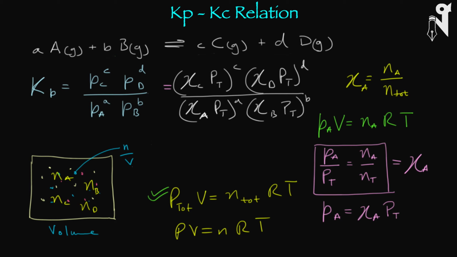So what we land up with is chi C power c, chi D power d, chi A power a, chi B power b, and then all the PTs taken together will be PT whole power